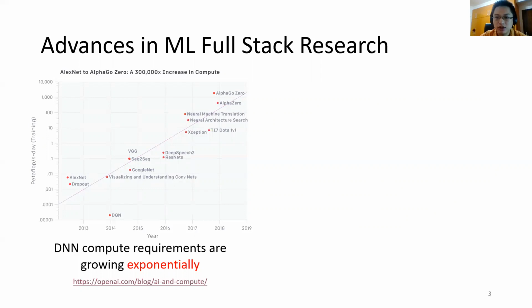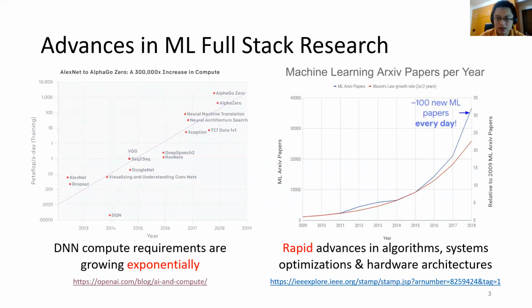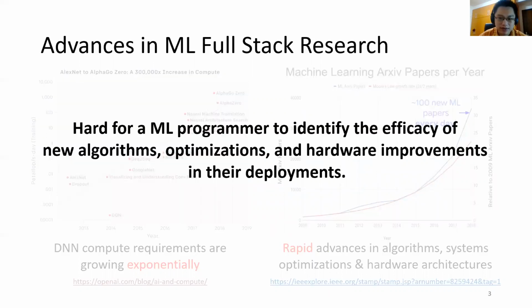So today we need not just hardware, but also other ways to improve the training performance. And therefore, researchers have been proposing many new advances in algorithms, optimizations, and hardware architectures every year. However, despite these advances, it's not easy for machine learning programmers to identify the efficacy of these proposals in their